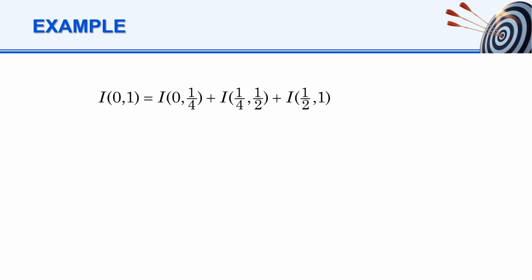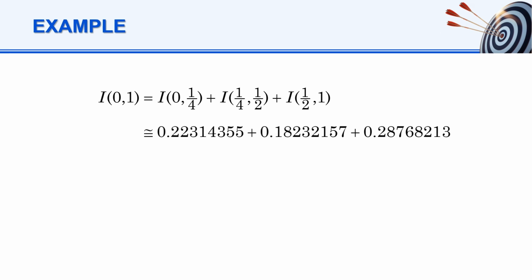The numerical integral over the whole domain is the sum of the numerical estimates of the three subregions. Summing up the estimated values, we find the final estimate to be 0.693147. Since we know the true value of this integral, we can calculate the true error, which is found to be